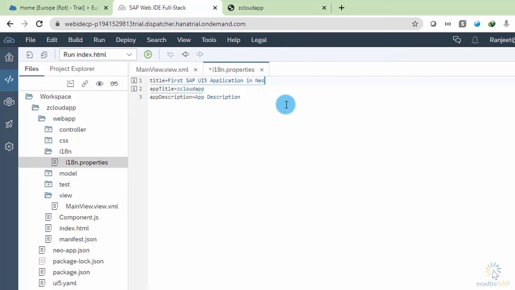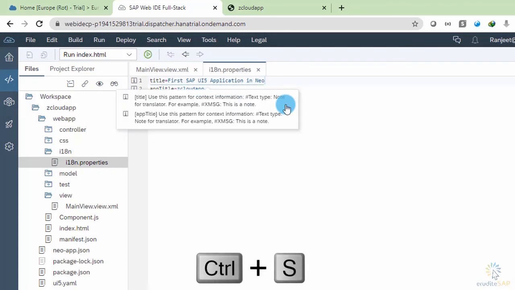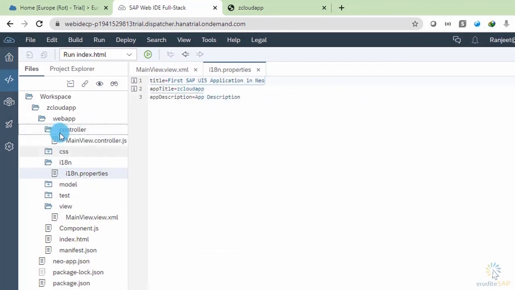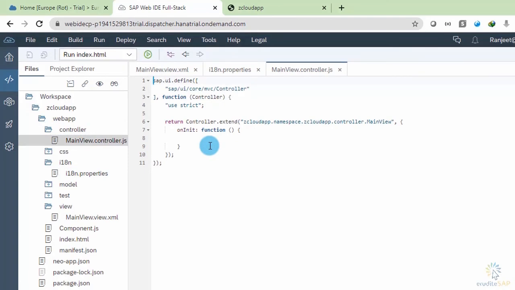I will press Ctrl plus S to save the changes, and inside the controller I will write the logic for the click functionality. On press, I want to give an alert.